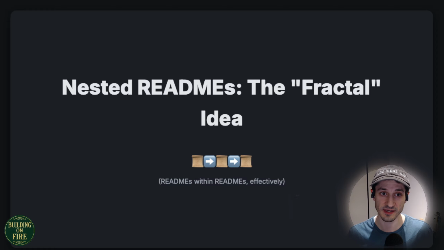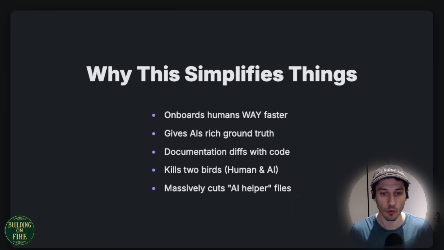You don't need a ton of complicated AI rules, AI docs on the side of your code, different ones for different tools, confusion about what's getting indexed when. Just put it all with the code. So why am I on this crusade for READMEs?